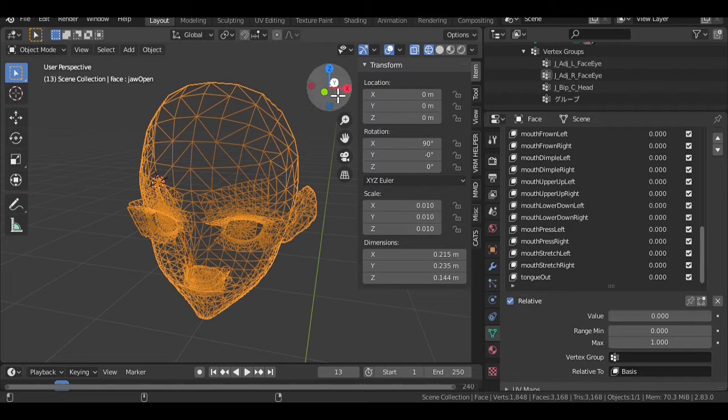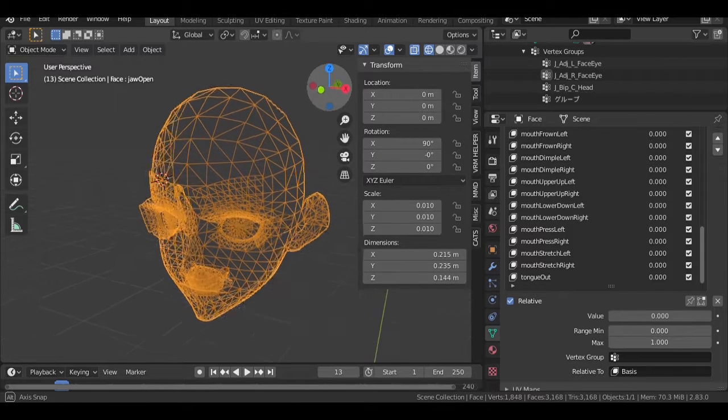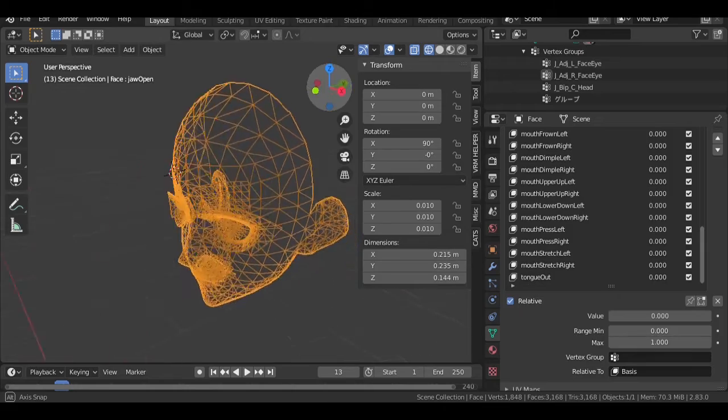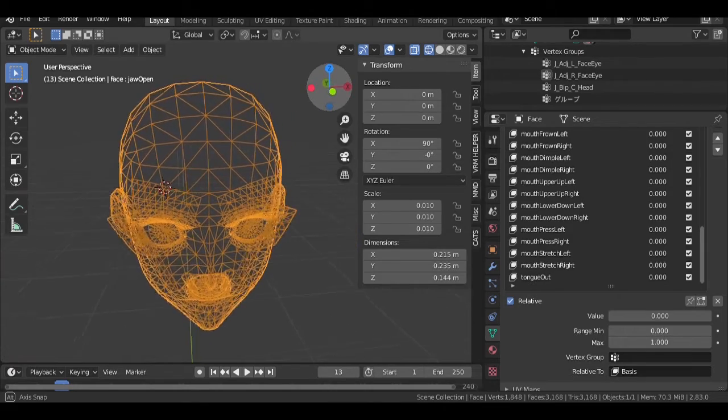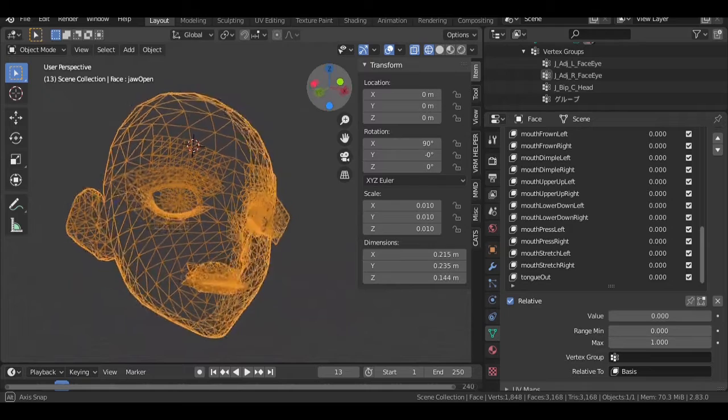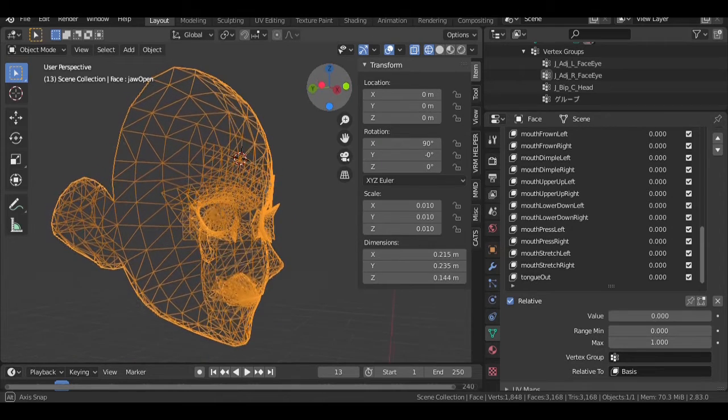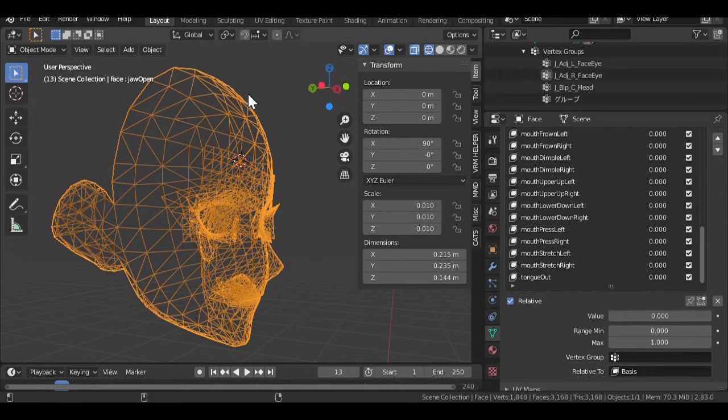Now, if you've played with Vroid Studio, you may notice that these triangles sort of look similar to the guidelines in Vroid. And basically, Vroid Studio has picked a subset of the lines here, and those are the guidelines. So they just didn't show all the triangles, as there are so many.